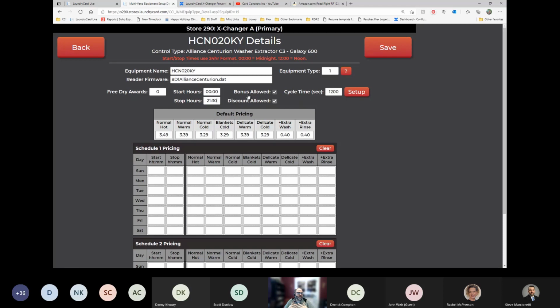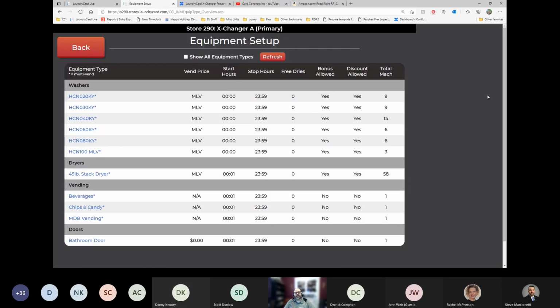Now, what are these? These are basically any kind of discounts or bonus money that your customers have on their cards. If you don't want them using that information or using those points or the discount on these machines, you can turn them off and on through here. Okay. So now what we're going to do is talk about